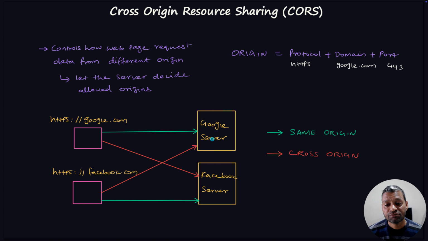Let's imagine that we have two different web servers. One is for Google and another one is for Facebook. Each of these web servers will have its own URL. For the Google server, the URL is https google.com, and for the Facebook server, the URL is https facebook.com. These URLs are the mapped URLs for these servers. If you want to load Google's main page on your browser, you just need to type https google.com